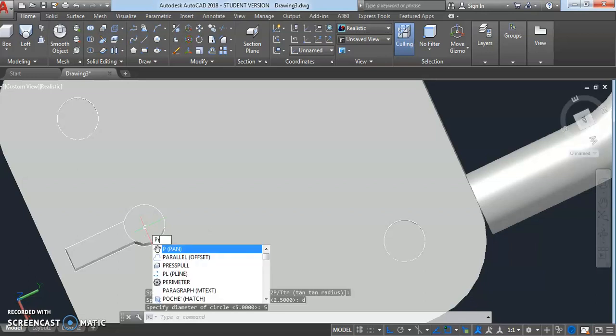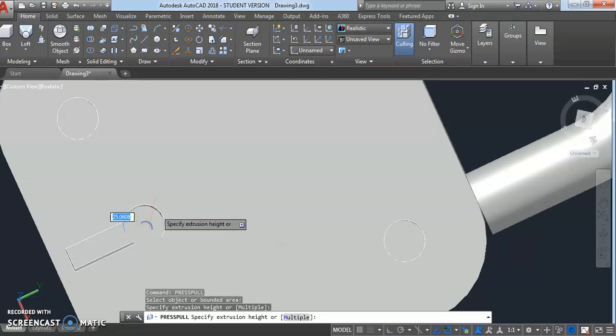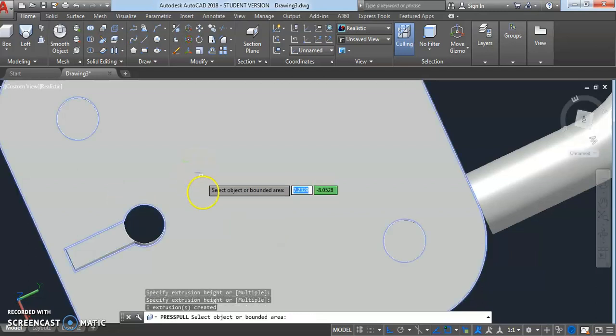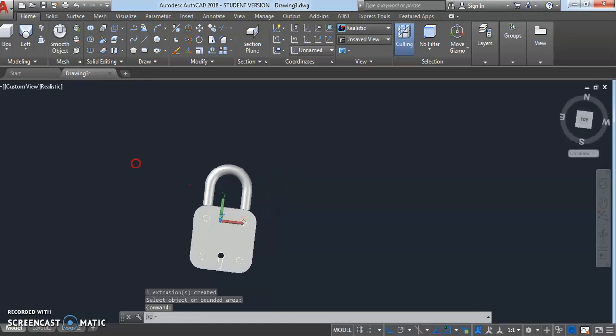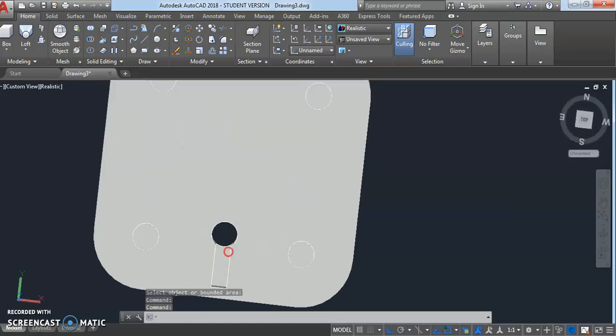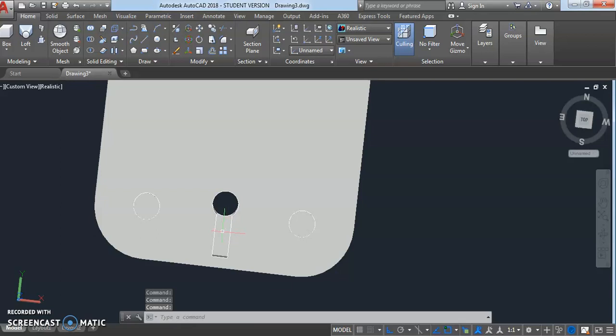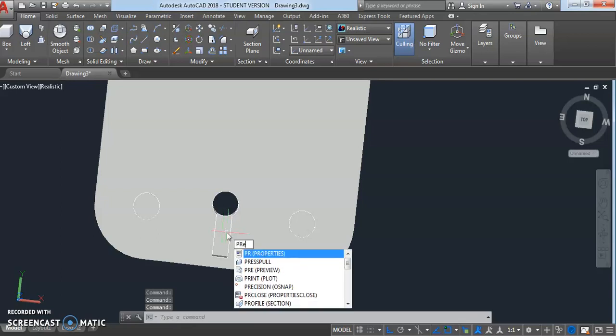Press 4, PR, double X, enter, select this circle, and press 4.